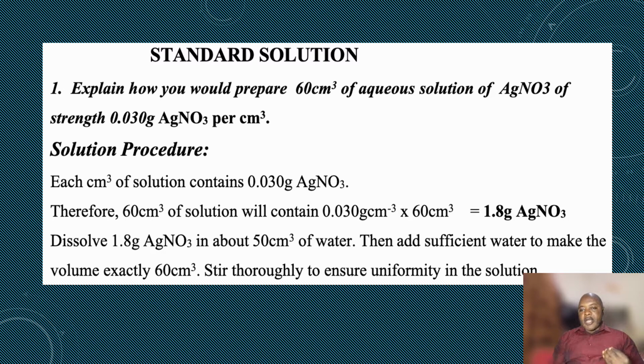When you have the number of moles of silver nitrate, now we need to prepare 60 cm cube. You have got the number of moles, and there is a formula that the molar mass equals